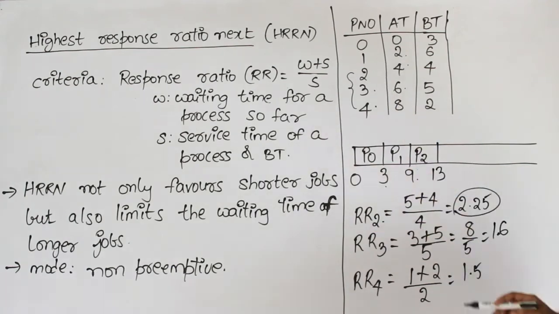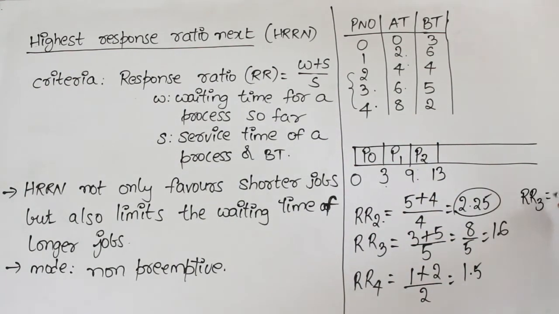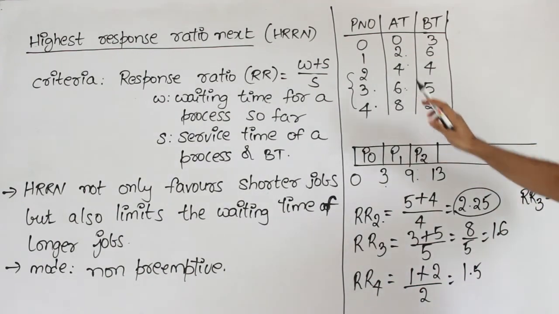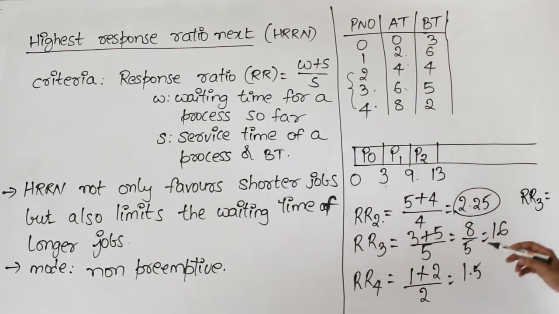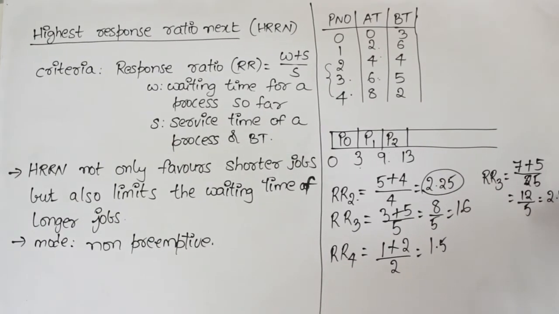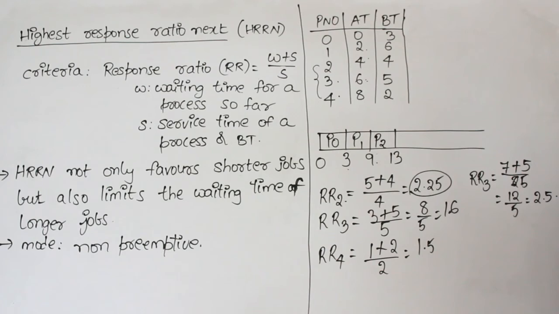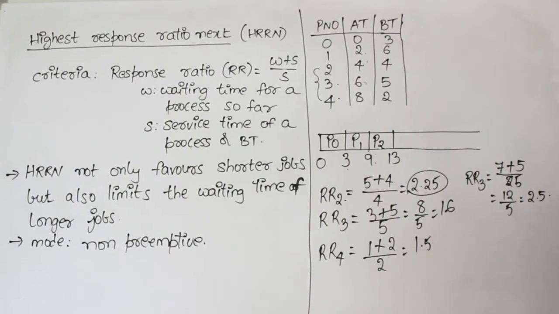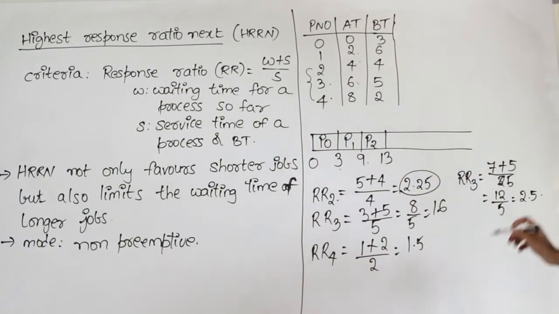Okay, now the time is 13, and what are the processes I have? 3 and 4. So now I should compute again the response ratios of 3 and 4. Response ratio of 3: it arrived at 6, now the time is 13, therefore it waited for 7 units, plus its burst time 5, divided by 5, which is 12 by 5, so this is 2.5,